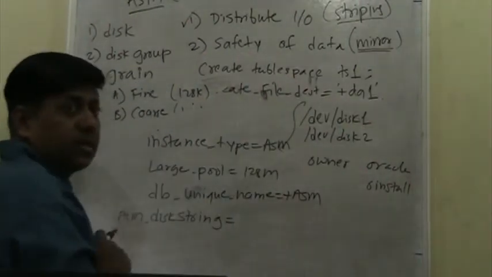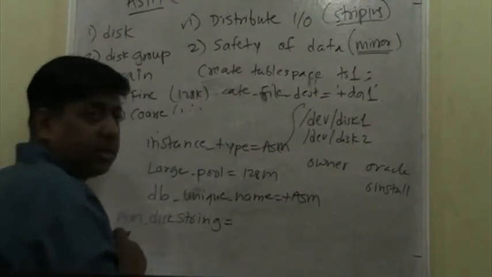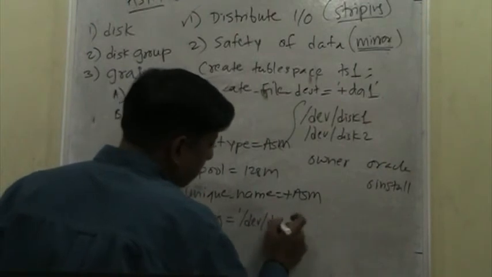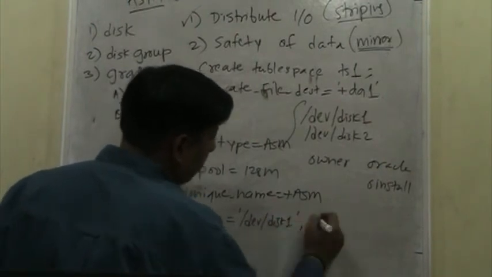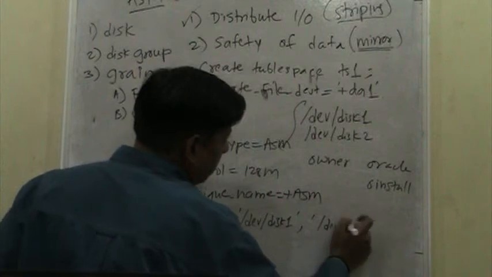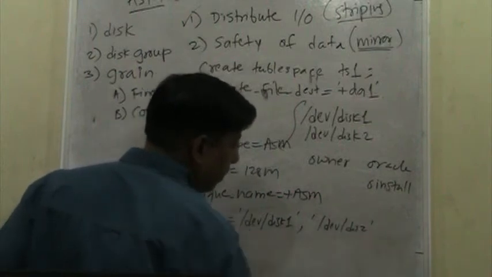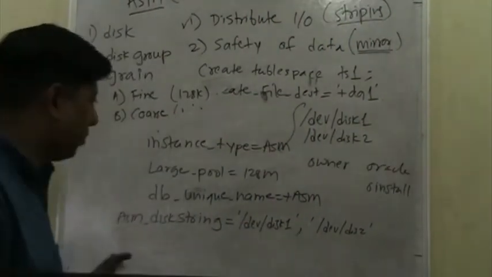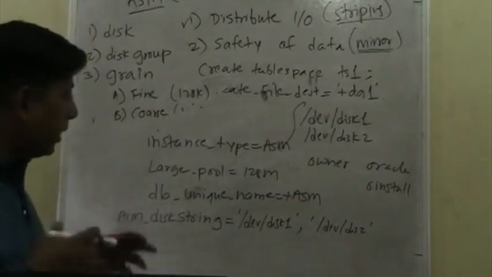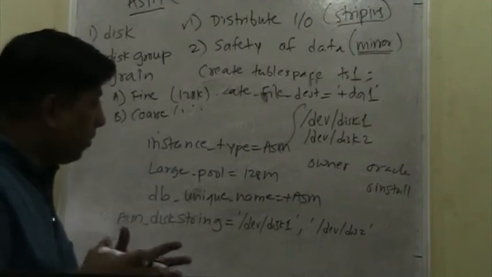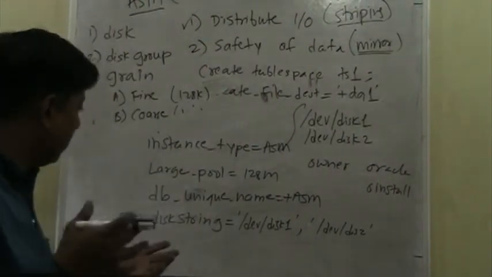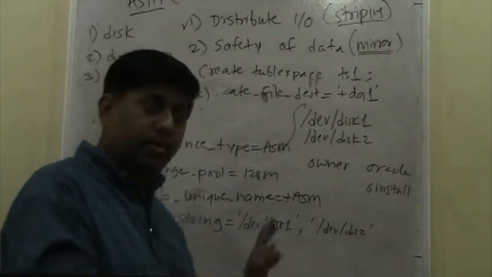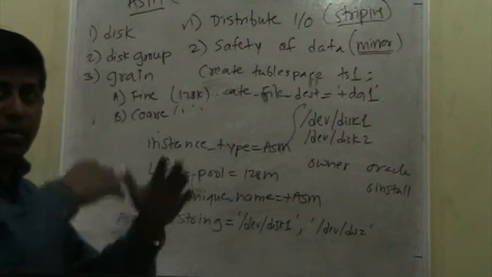This is the list of disks that the system administrator has given to you. So here I'm going to write in single quote /dev/disk1, then single quote complete, and then again /dev/disk2 single quote complete, and so on. So if you have 8 disks, you will be typing a very long string here. This tells you that we are creating an ASM instance, or ASM whole, the phenomenon, that's what I would call it, with these many disks. How many disk groups we're going to create, we will decide that later, but this is what we're going to have in our whole ASM